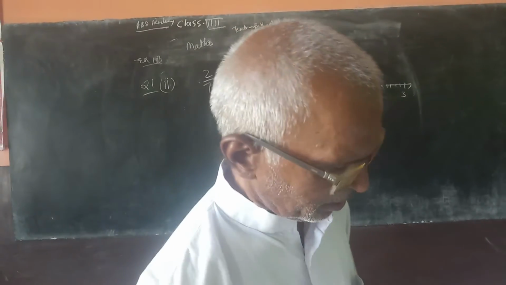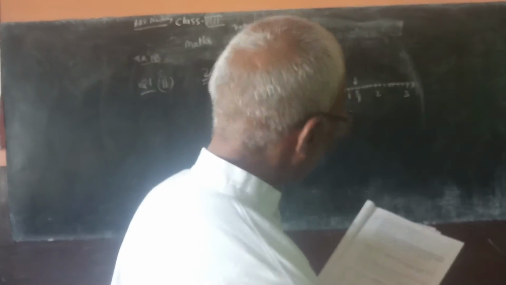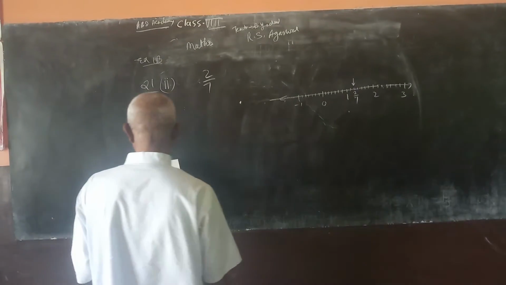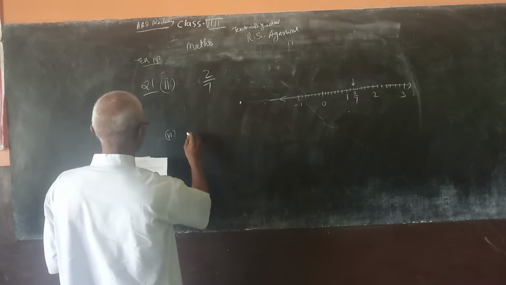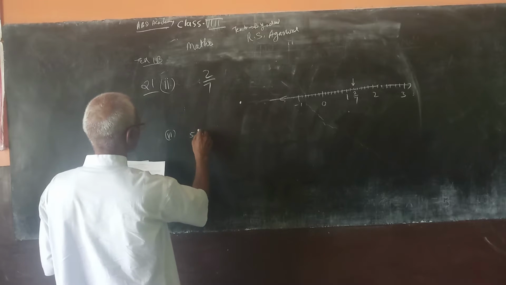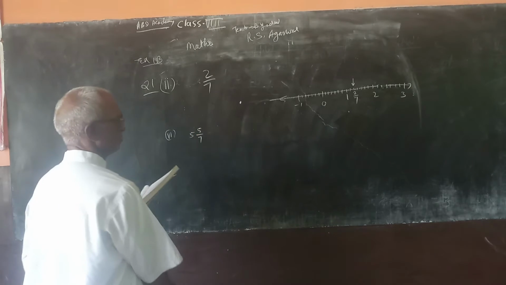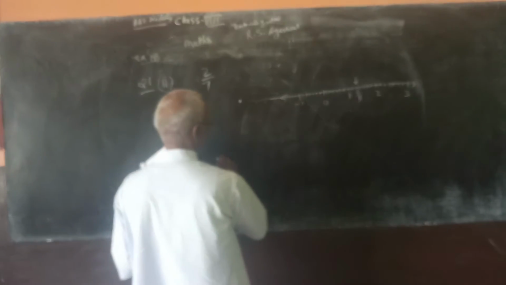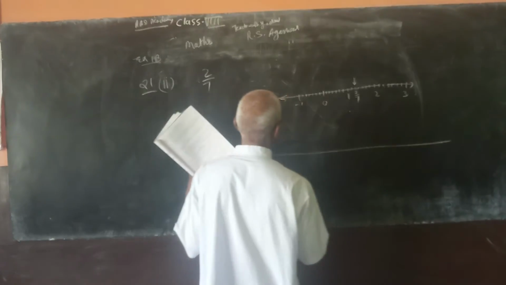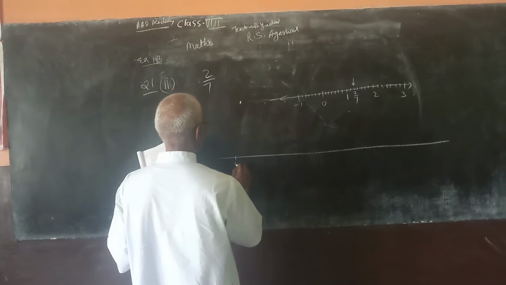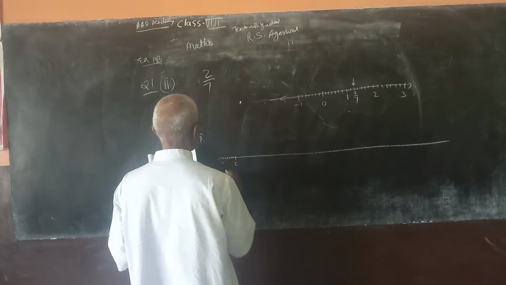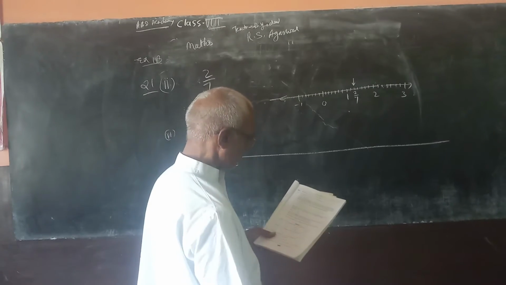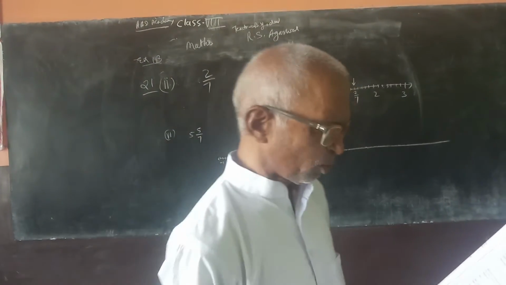Similarly, other numbers can be represented. Its sixth part is, so many things are here. Sixth part to represent 5 by 7. A very big number, so units should be smaller. It is positive, so write 0 here. On this side, 1, 2, 3, 4, 5, 6, 7. Right here minus 1. And I have taken such a number 7 in both cases.